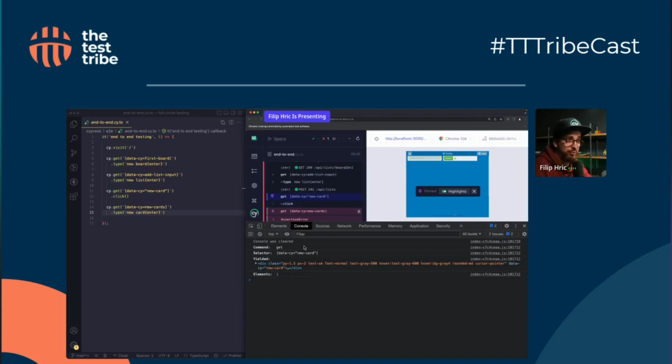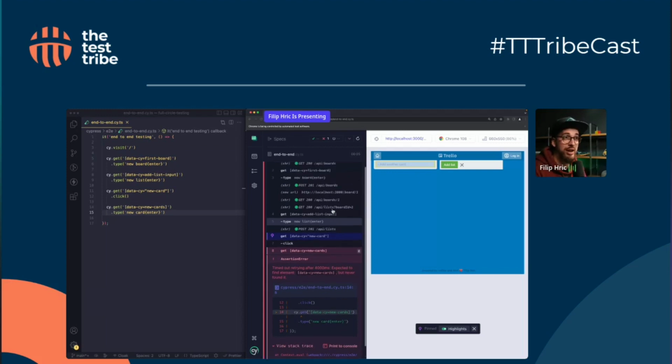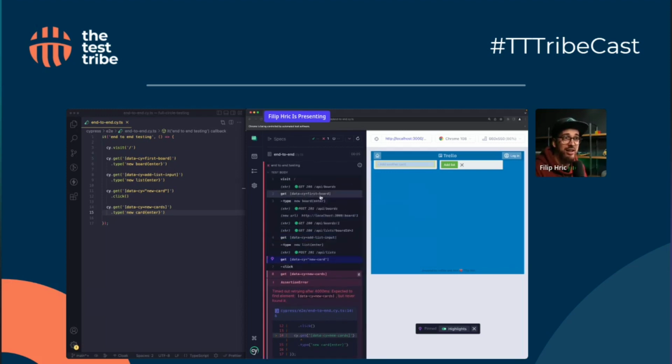is going to print out the details on what was the selector, what was the command, and what was the element that we have actually found, and how many elements we have actually found. So working with this and debugging your test makes your life much easier. Also, if you travel back in the timeline, you can actually get to